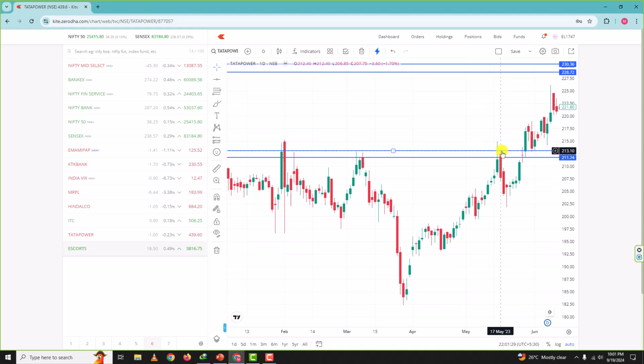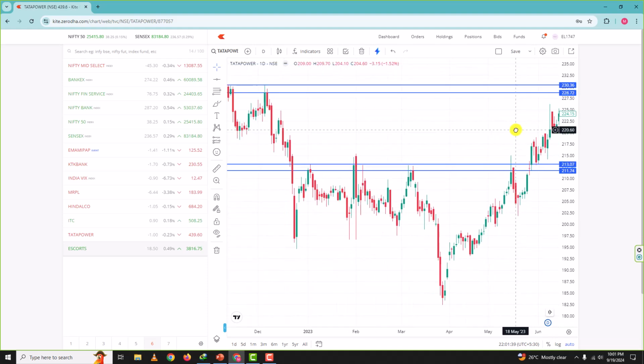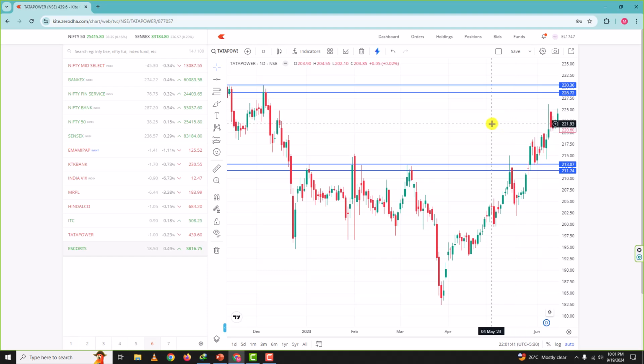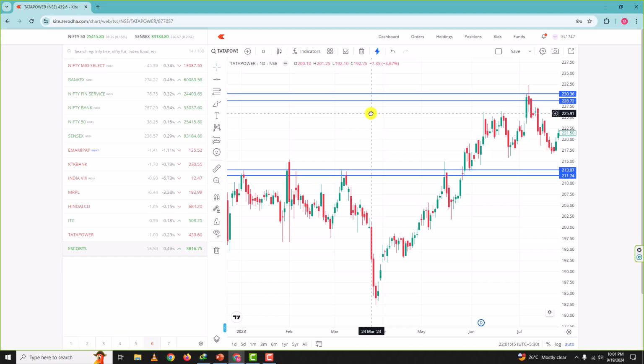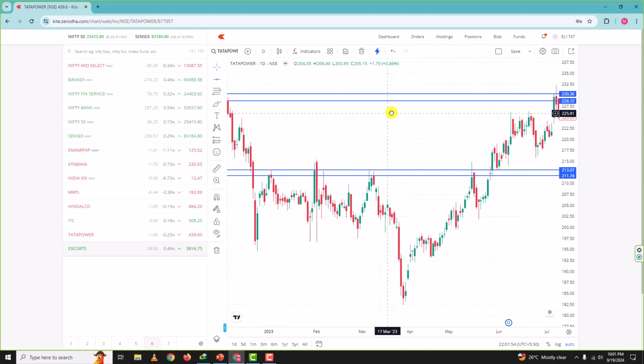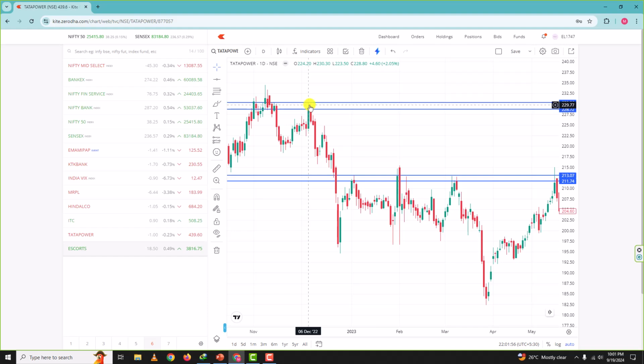But once this level breaks and the price moves above this level, then the next stop is here, because from here to here there is no zone, or there is nothing to stop. Of course there is one here, but that is a minor stop. So we can see that the price has moved till here. Now we can take a trade here, because the price has come once here,